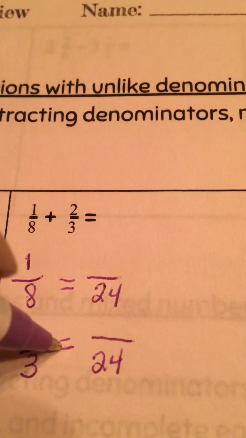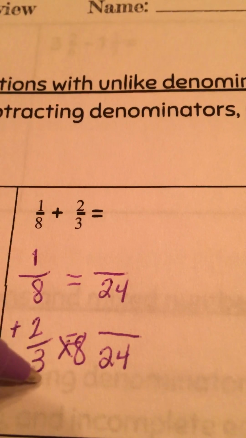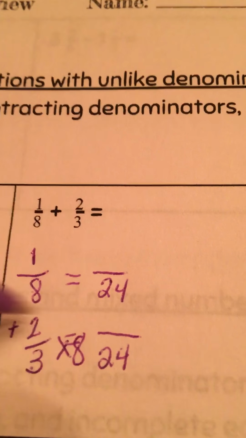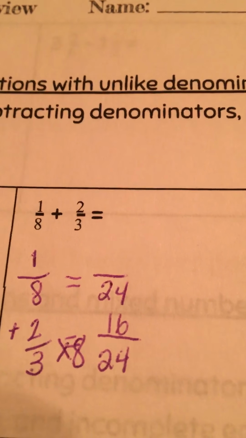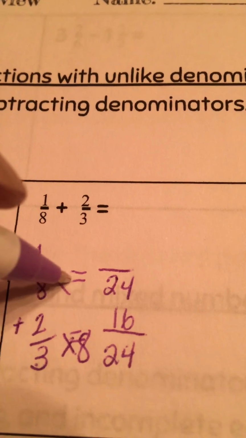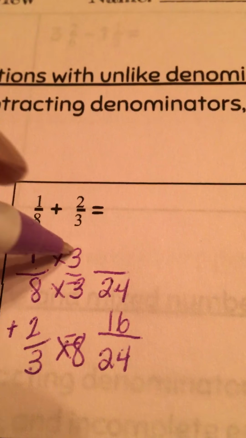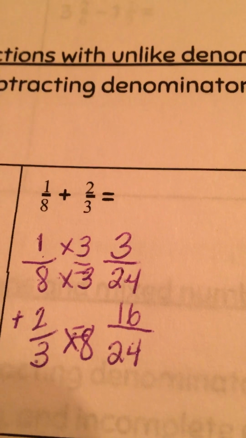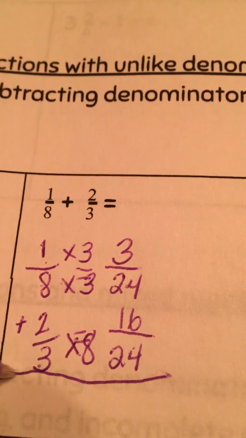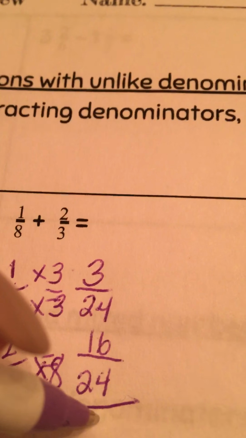So what do I do to a 3 to get a 24? Well, I multiply it by the number 8. And 3 times 8 is 24, so I'm going to do 2 times 8, which is 16. And then 8 times 3 is 24, so I do 1 times 3 is 3. And now I'm ready to go ahead and add them. So 16 plus 3, or 3 plus 16, gives me